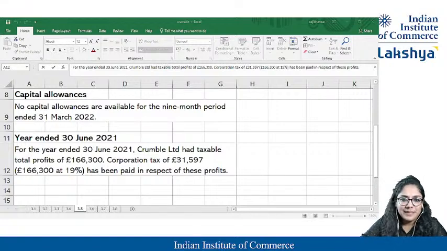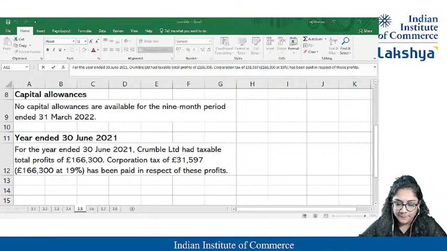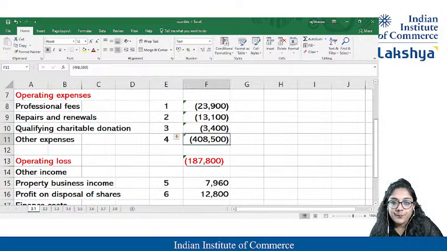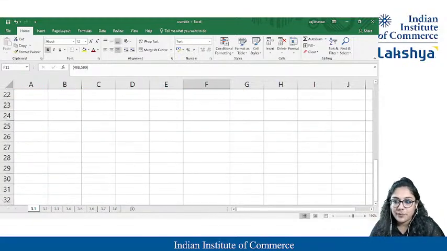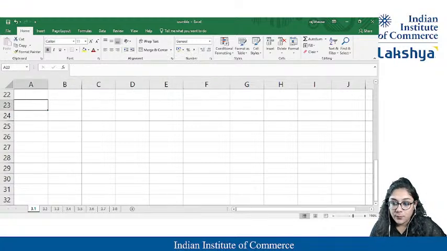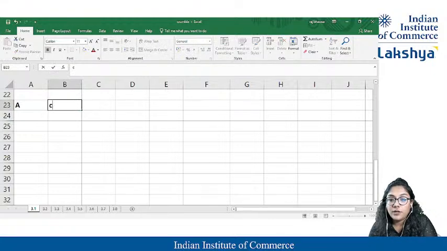So after reading this much, we are good to solve question number 1. Obviously, we read each and everything. Students, if you won't mind, I will solve the question down towards this, because I have to take each and everything, so it will be easier for me to solve. Okay, so the answer to A over here is to be shown like this. See, I would have copied this, but now I want you all to know how we have to write it. So Crumble Limited, we have to make the tax adjustment.